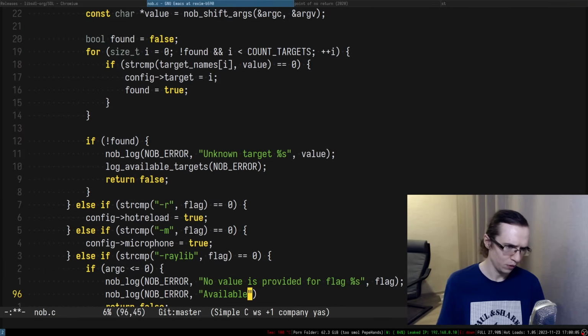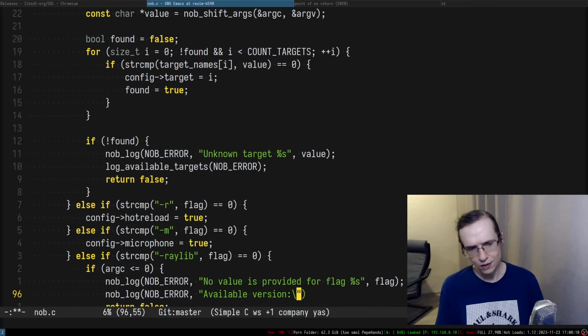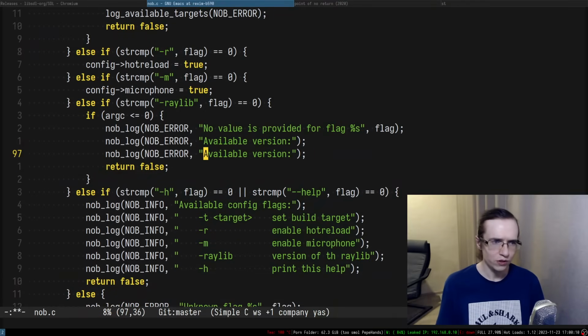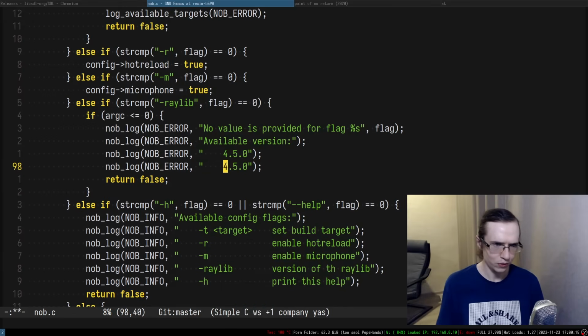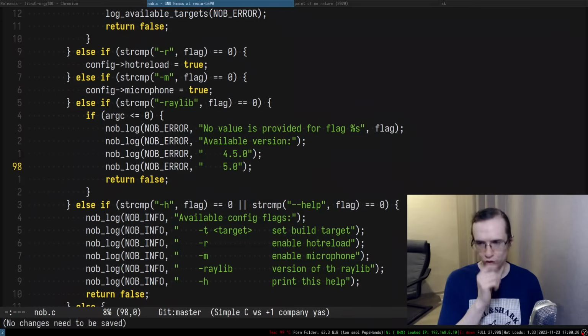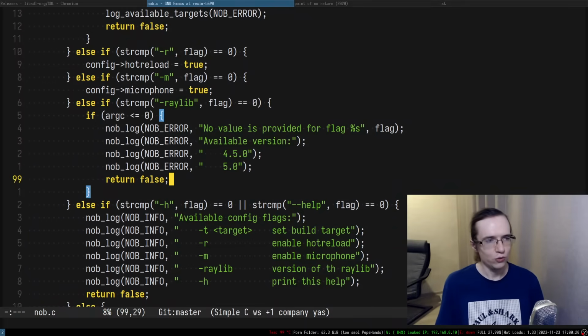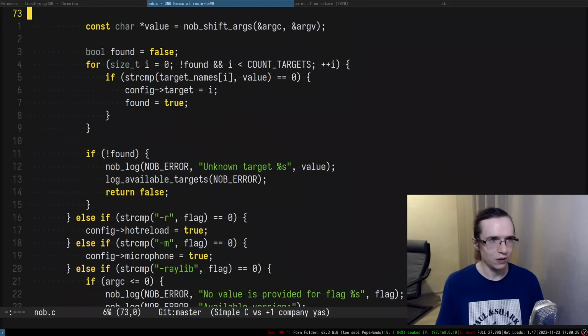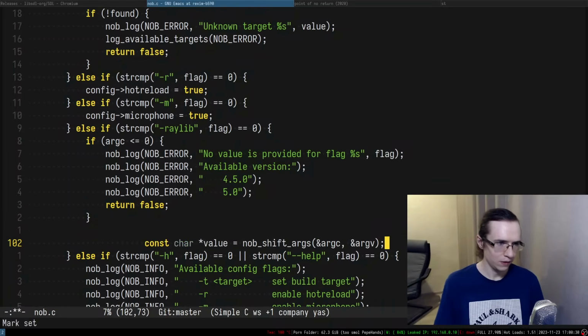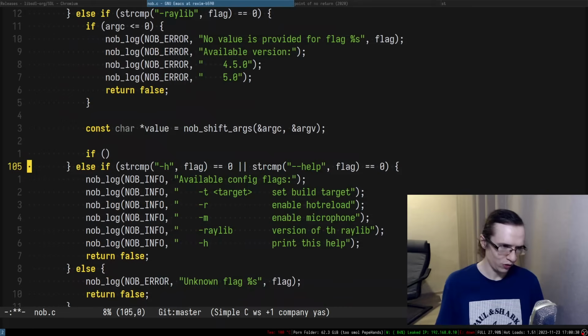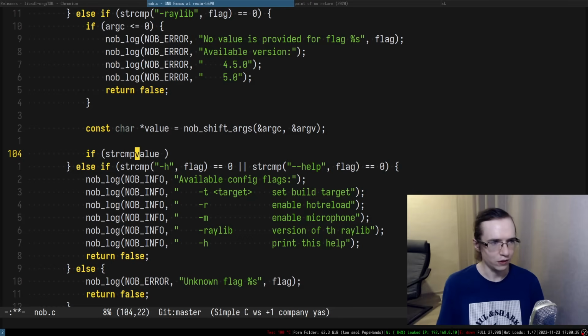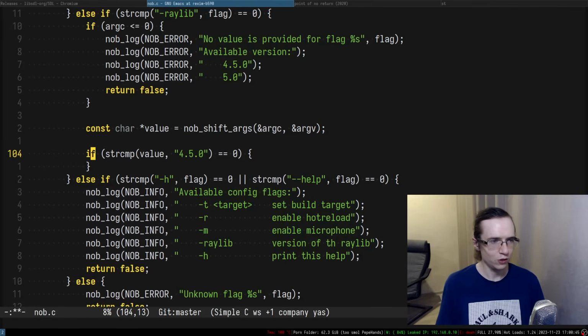Available versions. And what versions we're going to have as available ones, right? So I suppose this one or this one. So we support only 2 versions for now. After that, we just get that value. And I think I want to just check if value strcmp 4.5 is equal to 0. We're gonna just